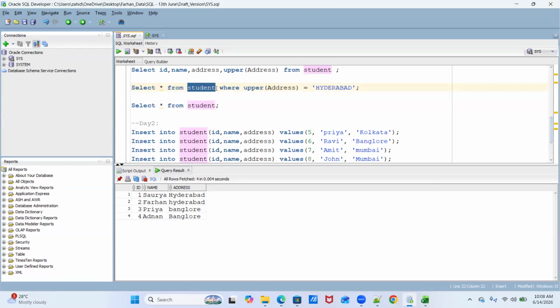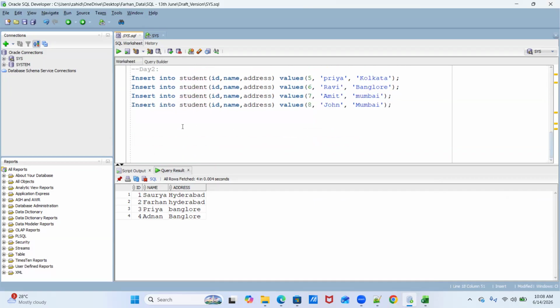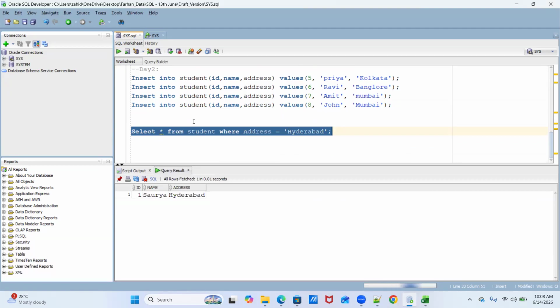And after the table name, you say, on this particular table I want to filter the records based on address Hyderabad, right? That's what we were looking into yesterday. Once we executed this, it gave us the result: for all those students whose address is Hyderabad, we got those results in the output.